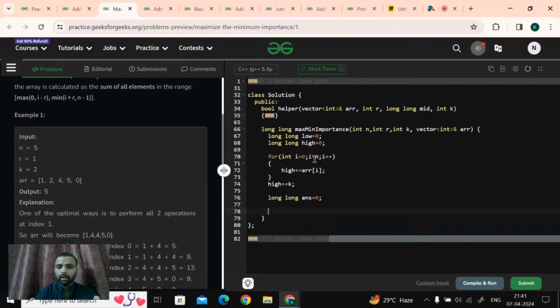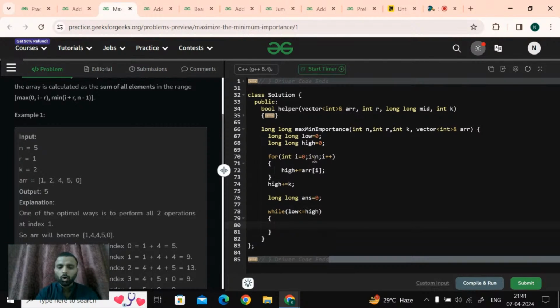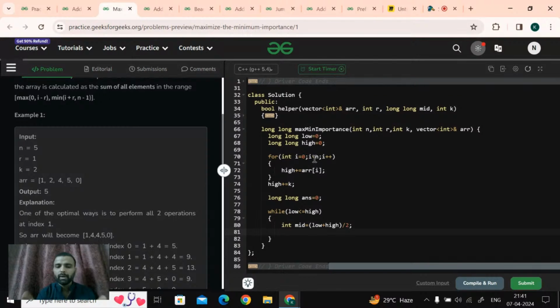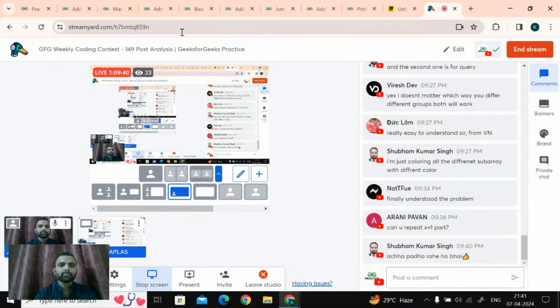Okay. Now, if my answer is 0, what I'm doing here is I just traverse the loop from low to high. Now, I am finding the mid. I also do the dry run. So let me write first. What is my mid? Mid is low plus high by 2. Okay. Now, what I'm doing is